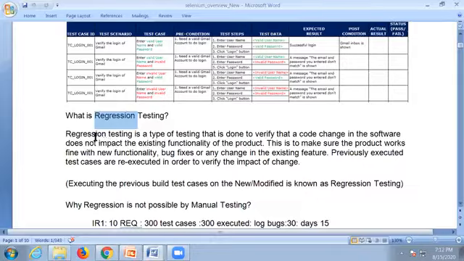Let us see. Regression testing is a type of testing done to verify that a code change in the software does not impact the existing functionality of the product. Look at that. Whenever developers make some changes in the software, whenever developers add some new code, meaning new functionalities, whenever developers modify the defects which are raised by the testing department,